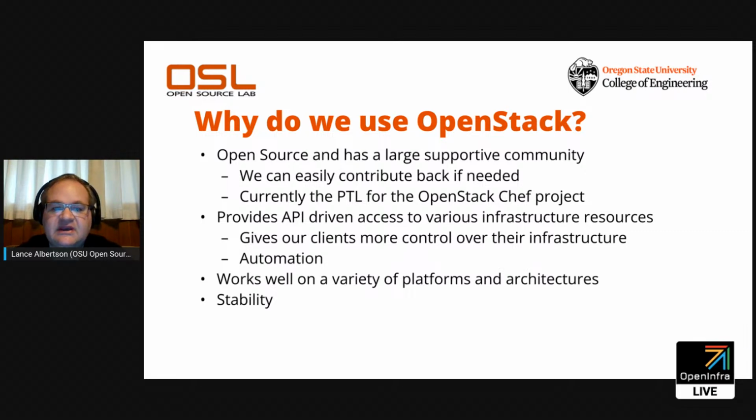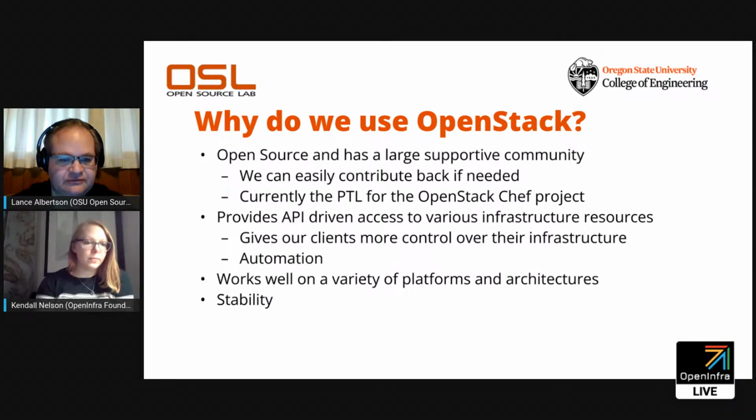The other nice thing about OpenStack is it provides API-driven access to all the infrastructure resources. Some of our projects may use Terraform, or maybe use Heat, or some other method of being able to easily spin up and spin down some of their infrastructure. We're looking at possibly getting some of the GitLab automation pieces in there so we can get that rolling for a lot of folks. And now that a lot of the hard work has been put in place, it works really well in a variety of platforms and architectures, and it's gotten really stable. It's been pretty easy to manage throughout.